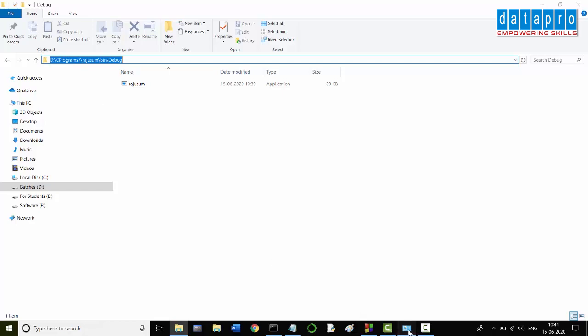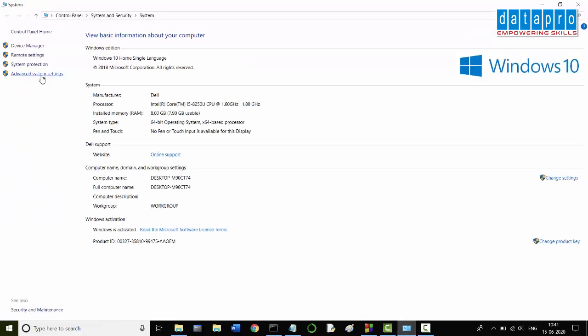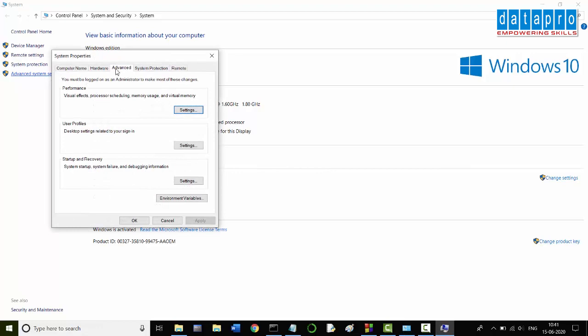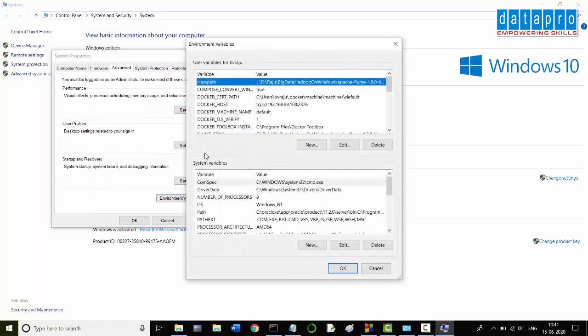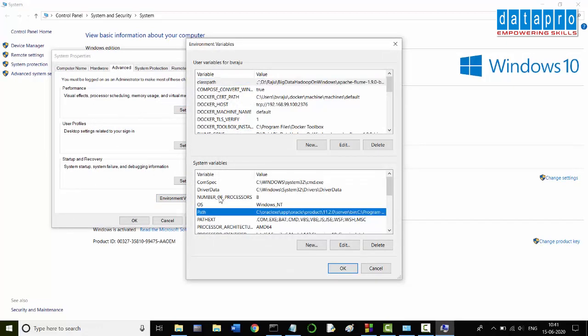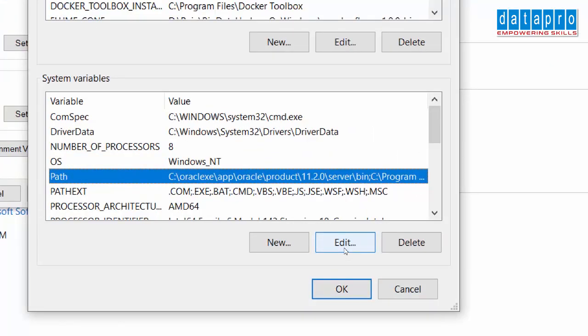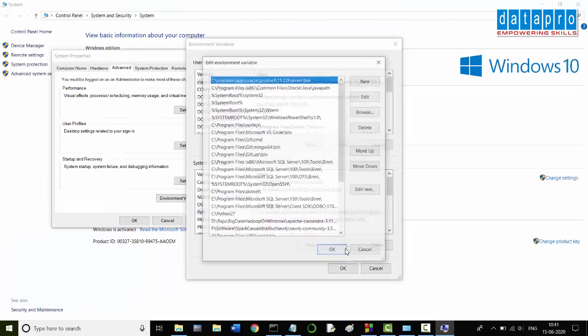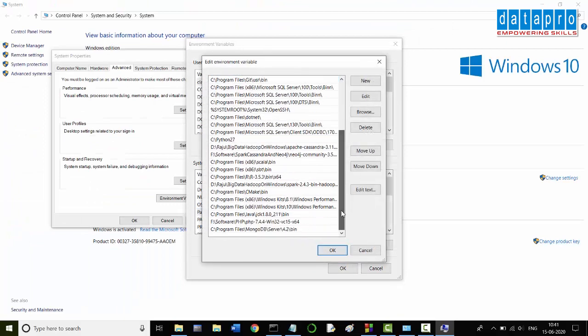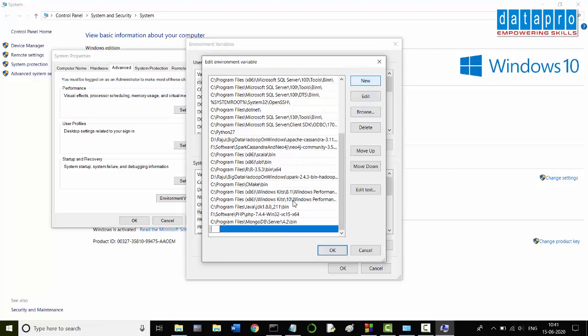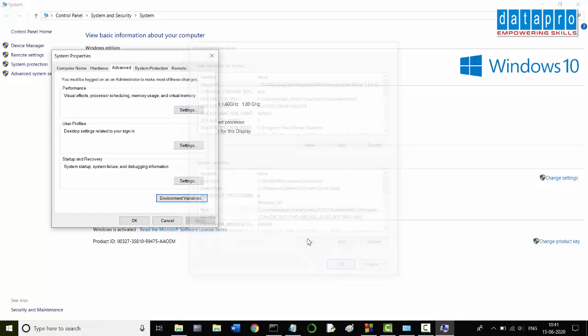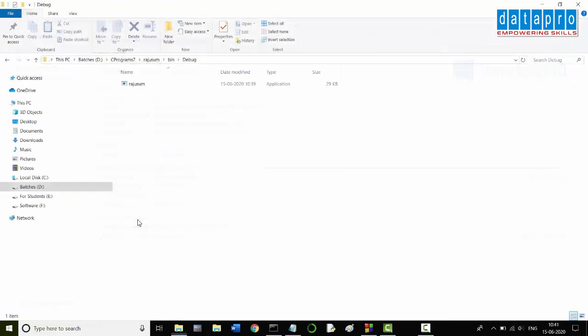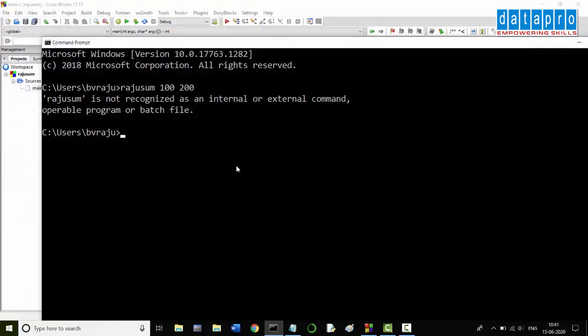Copy it and go to the environment variables location, system properties. There you can find path. Just click on edit. You have paths for other programs. Now click on new and just paste it. Say OK, OK, OK. I can close this window as well.